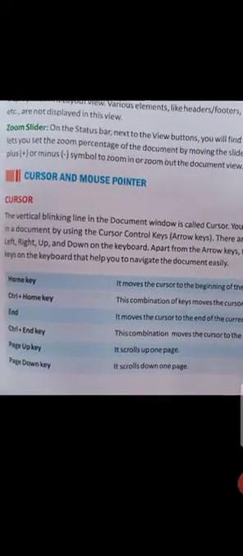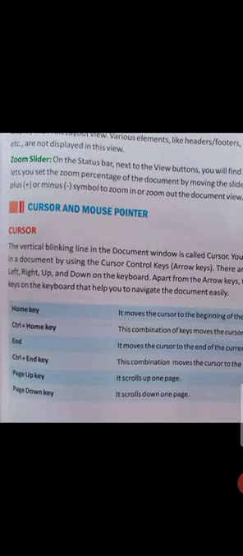Whenever we are working on the document, there is a cursor blinking on our document. It is for writing, and there are many keys available on our keyboard. There are four arrow keys, left, right, up and down on the keyboard. If we press the up key, then we go up.